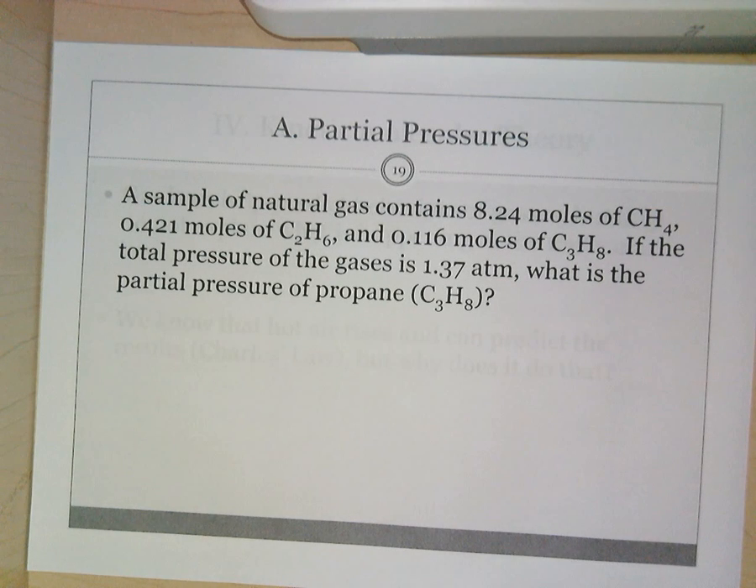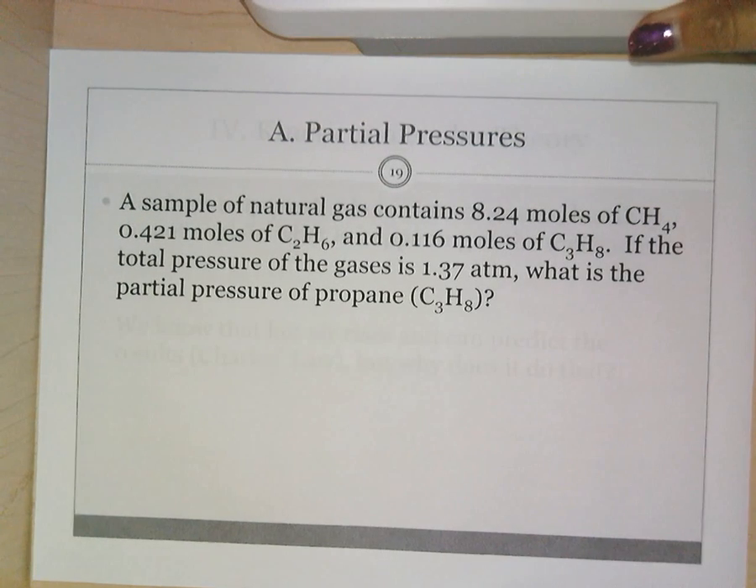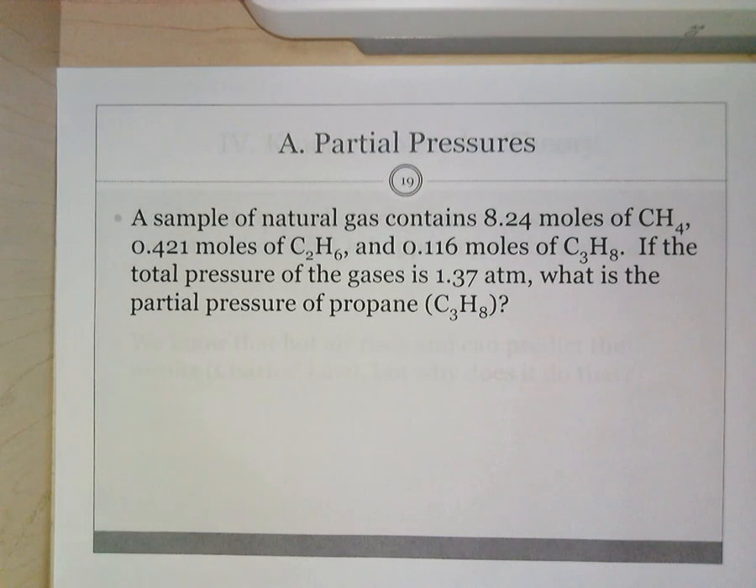So let's say you have a sample of natural gas. It contains 8.24 moles of methane, 0.421 moles of ethane, and 0.116 moles of propane. If you know the total pressure of everybody altogether is 1.37, I want to know the partial pressure of just the propane component. So,